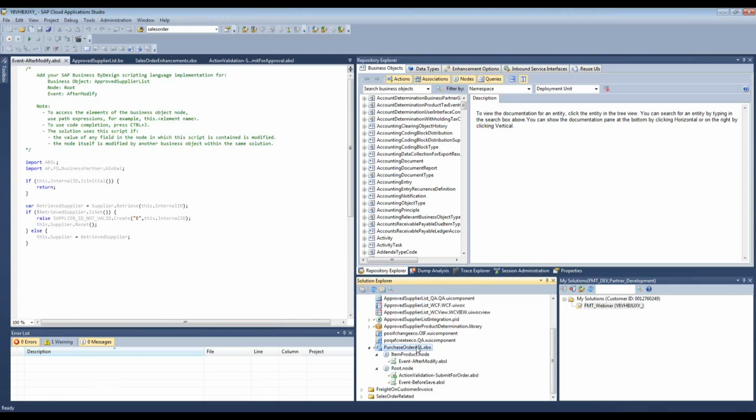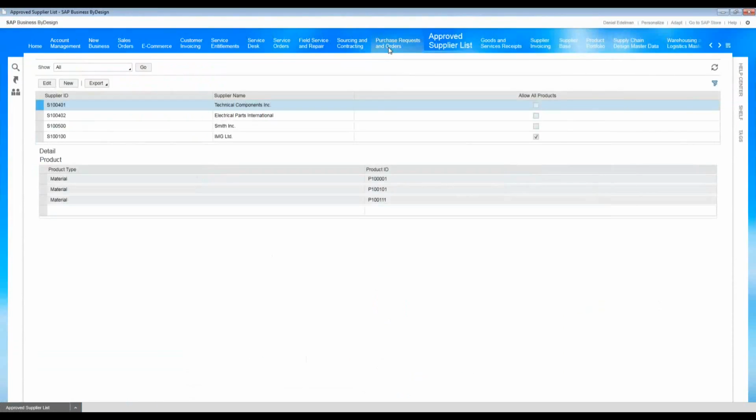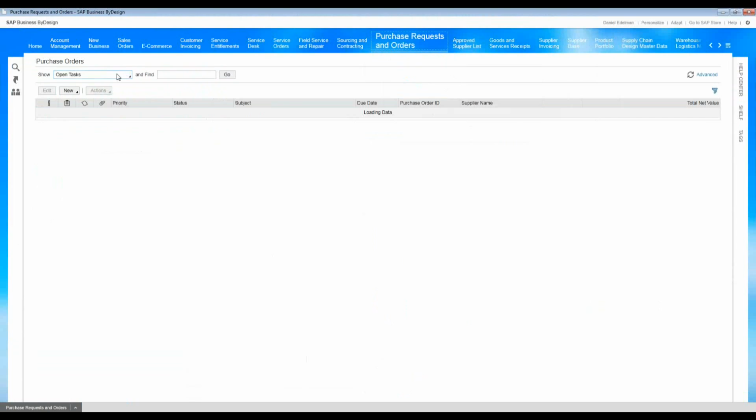We're going to actually make our business object extension based on the data that we have created through the custom functionality. So I'll move over to the purchase orders here and show you how it interacts. If I pull up a purchase order that I created,